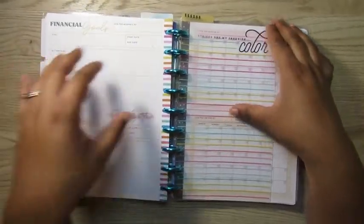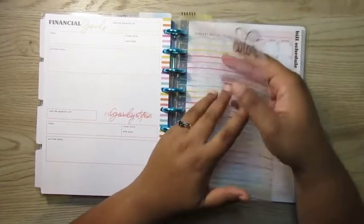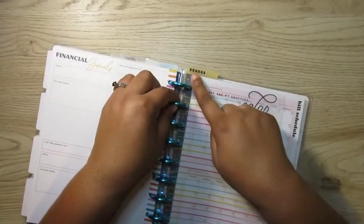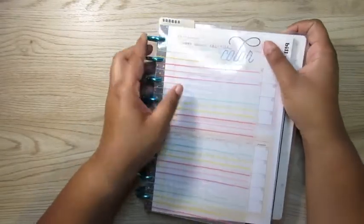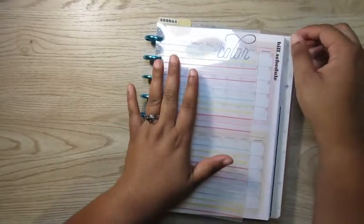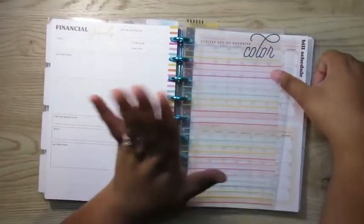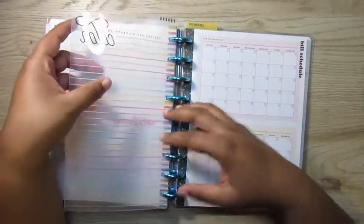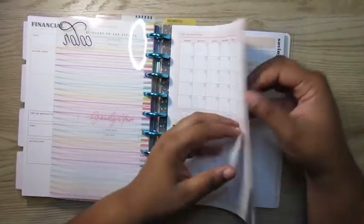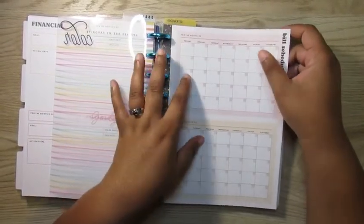And next, this is just my tracker section, and I labeled it with the little money signs. Y'all have seen these labels before that I have used. They're from Carpe Diem, and I really do like them. I try to use them as much as possible when I am setting up a planner. So my bill schedule, these sheets came from the extension pack from last year, and I